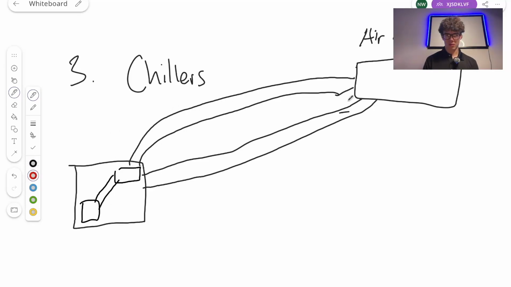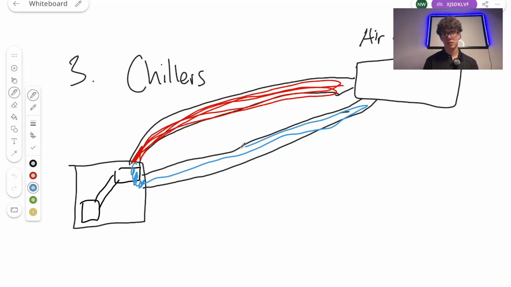In simple terms, we have warm water that enters basically the cooling station. That water gets cooled, and then the water gets carried inside the building, because these chilling plants are normally outside